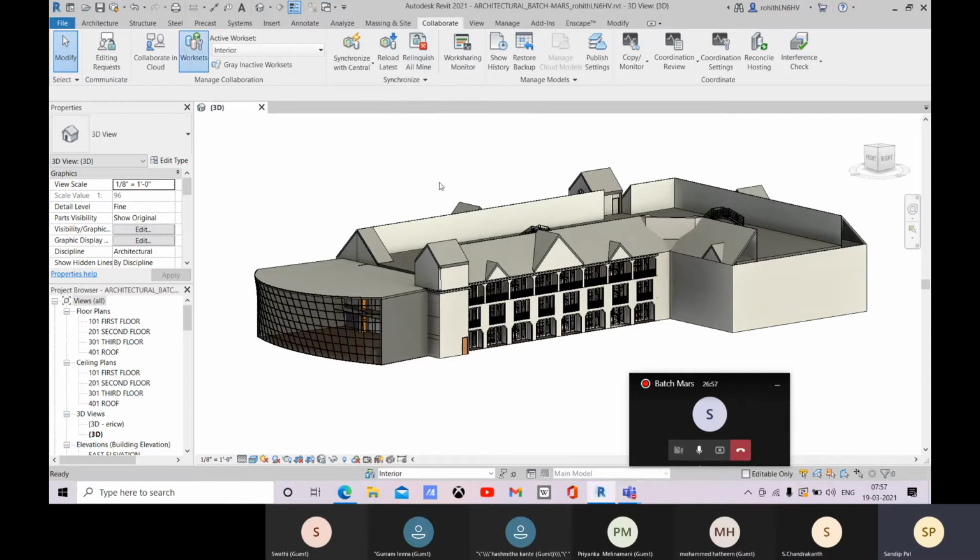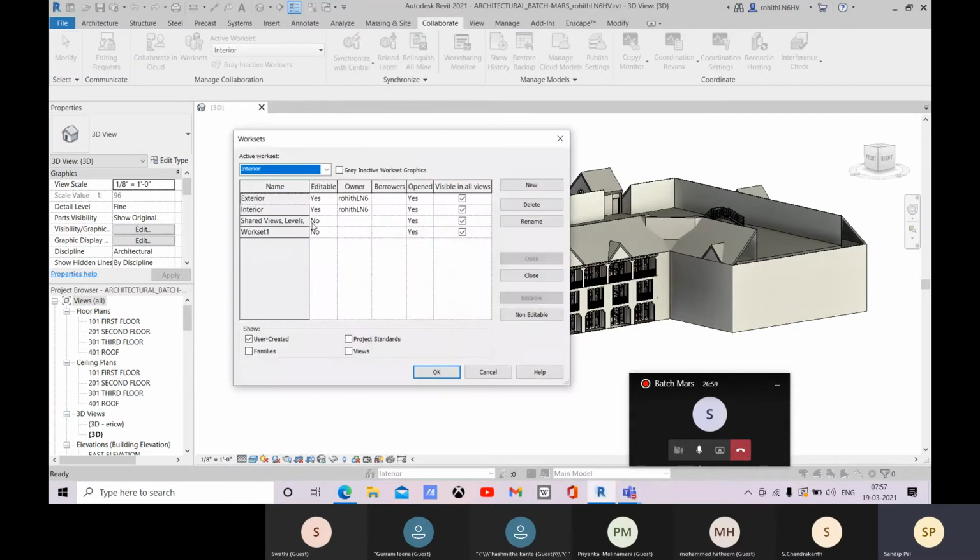Now let me come to this workset window, and here you can see that this exterior is there, and here let me go for this No, and you can see that delete and rename are disabled right now.